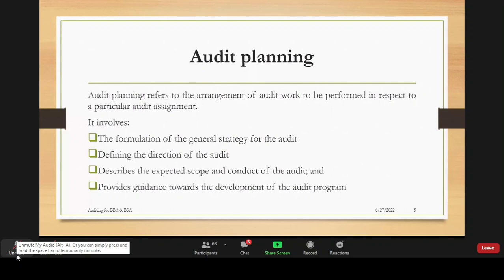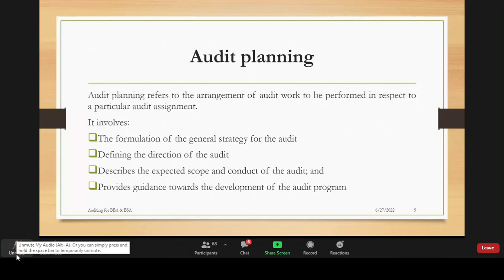You have to come up with a strategy that you're going to employ in auditing. And like I mentioned, it depends on the nature of the business. The direction you're going to audit. Are you going to do an interim audit, or it's not necessary? Interim audit is that audit that you do around September. It is like the first audit you do to set the ground rolling. Then you also have a final audit.